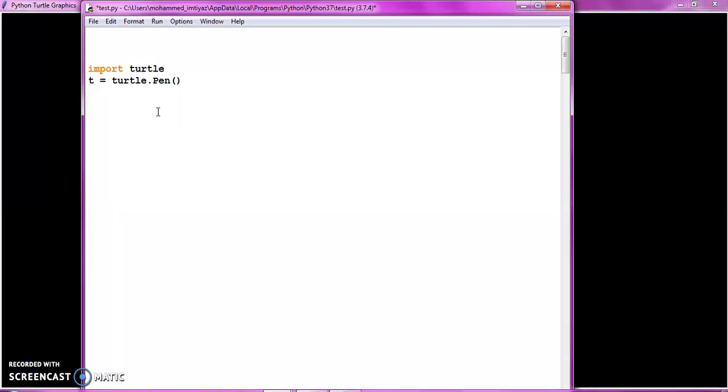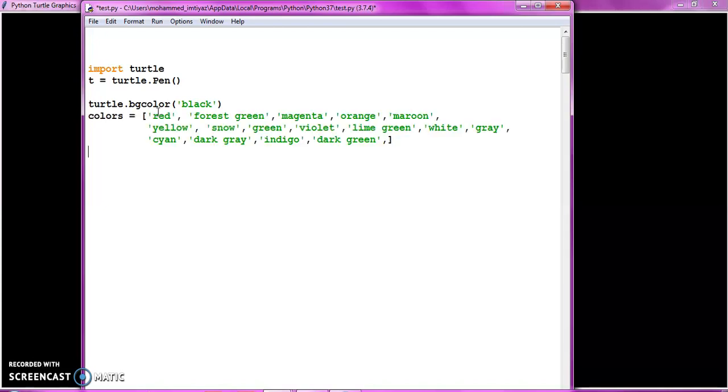So let us try to write a program for that particular pattern. Okay, so first try to give the BG color. And later on take the help of some colors, and set the speed also. So I took some colors, I'm setting the speed as 0, t dot speed of 0, and then